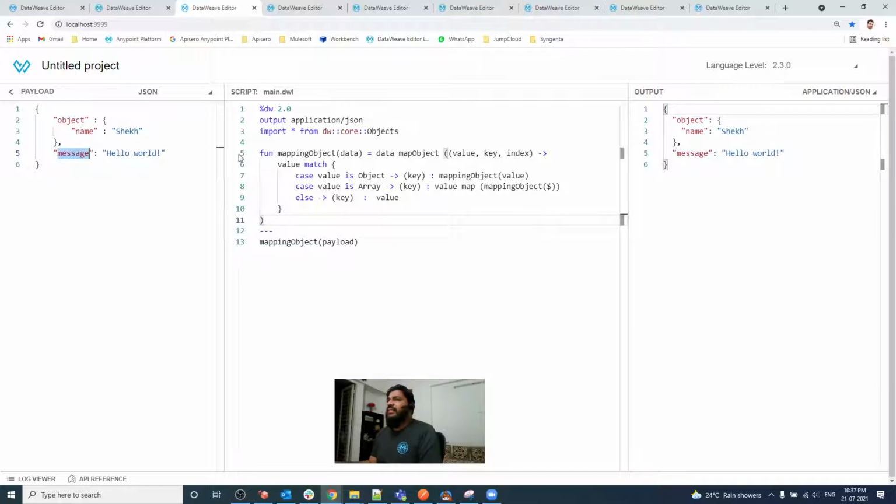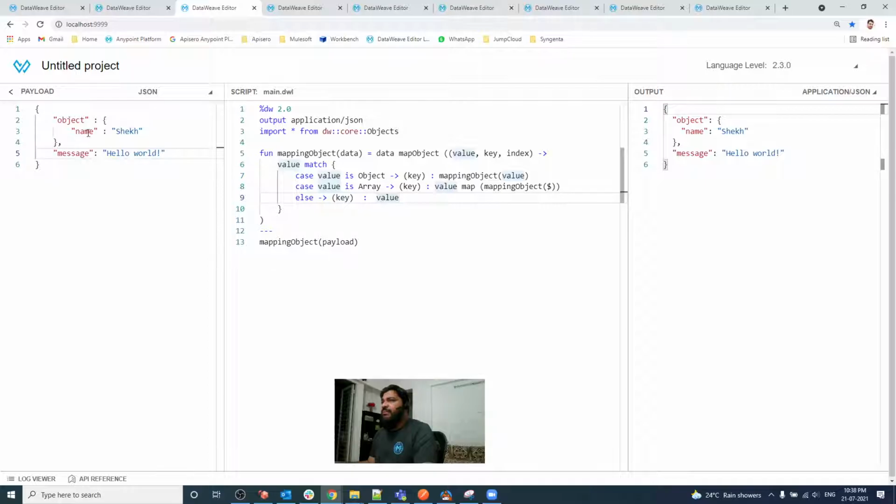As you can see, we have an object here with the fields name and message. I think it is something like value dollar map. As you can see, I am iterating over that. In the first iteration it gives me this, and in the second iteration it provides me this. I'm checking that key. If this is an object, then I'm calling again. If it is a key value pair, then I'm calling again. So this is what I'm doing.